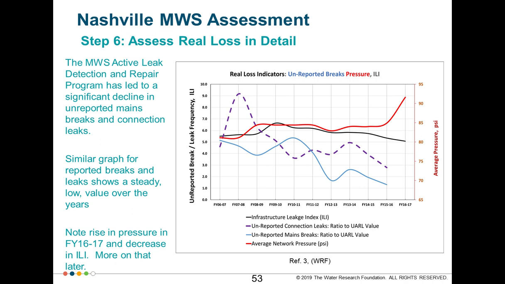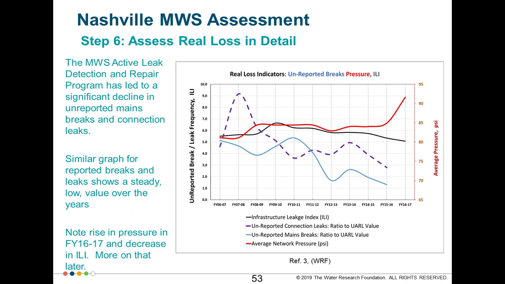And this graph here shows unreported leaks and breaks, the blue line being on mains and the purple on service connections. And it's descending down toward a value of 1, that is the ratio of the break rates or leak rates to the UARL